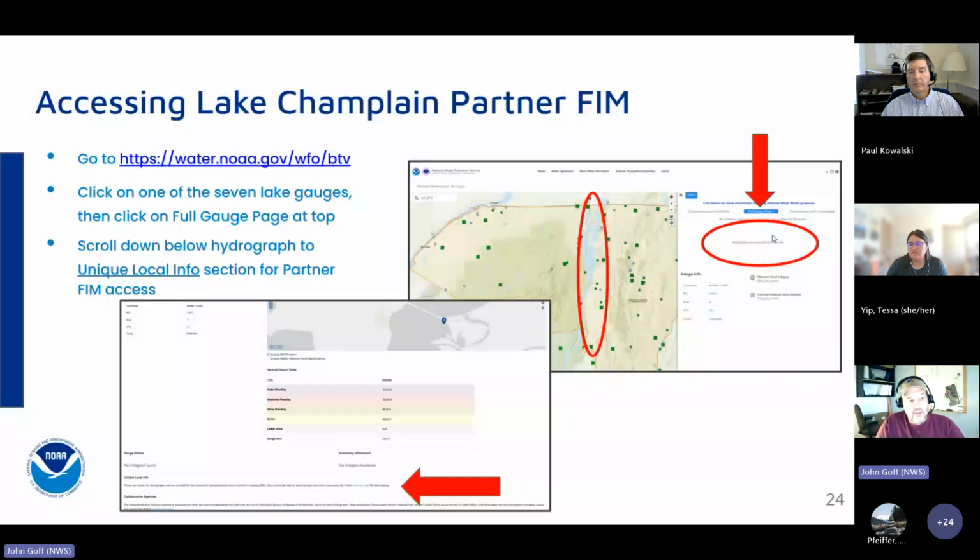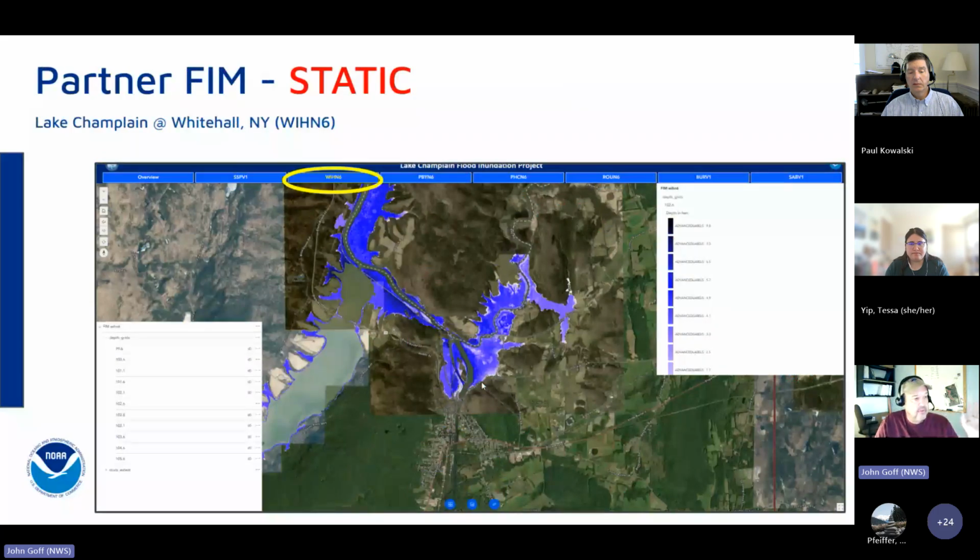But you get about it in a similar way. You click on the full gauge page, which would theoretically blow up the hydrograph. And then a little bit different, you scroll down on the page below where the hydrograph would be, and there's a map of where the gauge is. In this case, a virtual gauge. It's got your flood stage cats. And then right down here, unique local info, click here for FIM display. And after clicking on yes, I agree that some of this is,